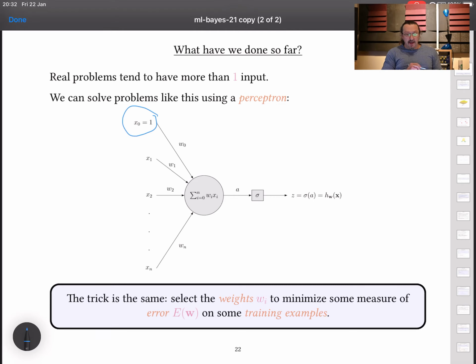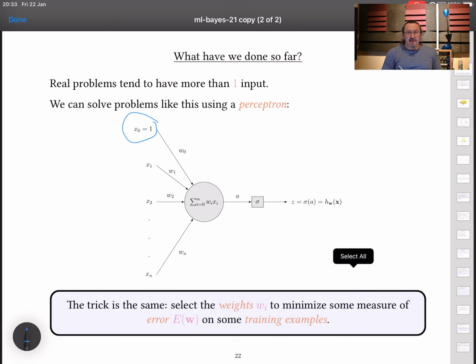extra input set of 1 here, which plays the part of being a bias. Sometimes you'll see a slightly alternative way of writing this, which is that instead of having the linear part written as in the node here, we would actually write it as the sum for i equals 1 up to n, not 0 up to n. Again, it's a weighted sum, but we would then have w0 expressed as a separate bias weight. The construction of having an extra input that's always 1 is just to make this easier to write in a notational sense, but we'll come on to that in a minute.